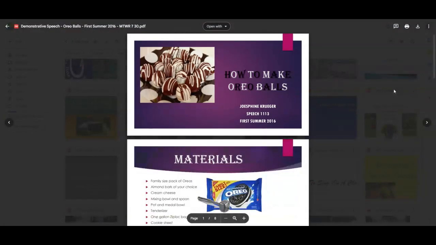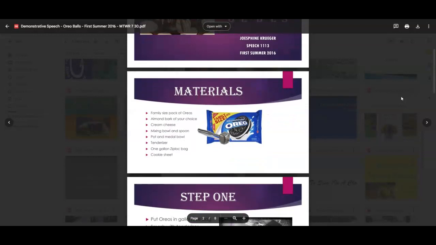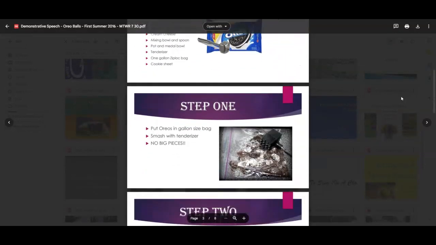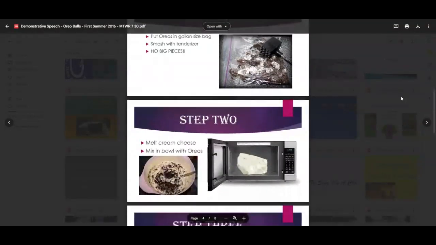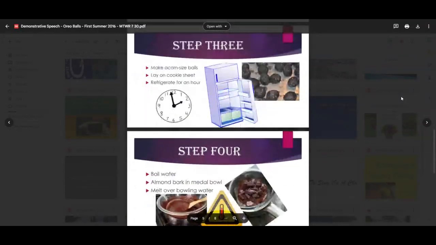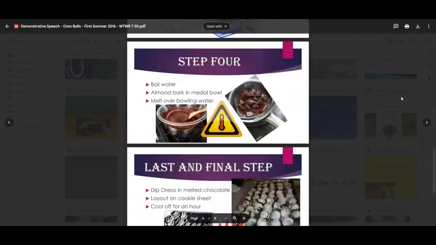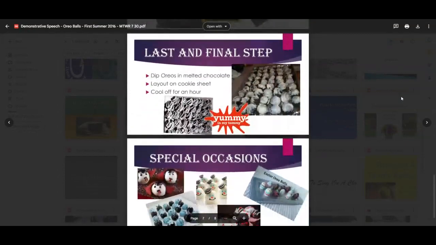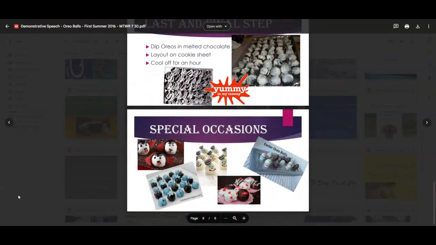Oreo balls, keeping in mind that if you're going to be doing a speech that involves cooking, really a good idea to have the final product someplace near the title slide. The materials, which are the bullet points, and then putting it in steps. So whether it's a cooking speech or a makeup speech, remember with the makeup speech that I showed you, it first followed the step process. Very attractive, giving you credibility as a speaker.